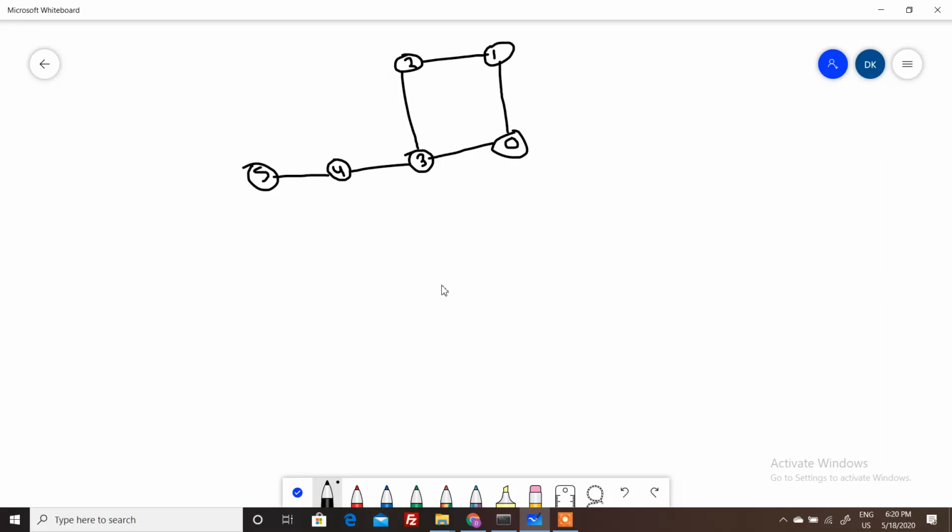So let's say we have a graph like this, right? And let's say the source node is 0, and from 0 we need to traverse the graph. So in DFS, from any vertex we can go to a neighbor of that vertex which is not visited. In this case the neighbors of 0 are 1 and 3, and both are not visited. So 0 can go to either 1 or 3. It depends on how you have stored the graph in the adjacency list.